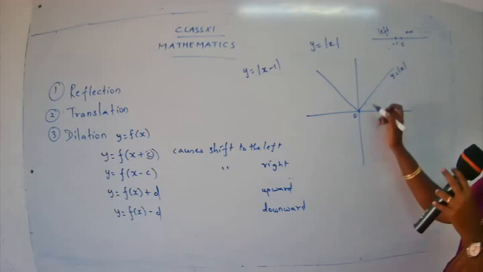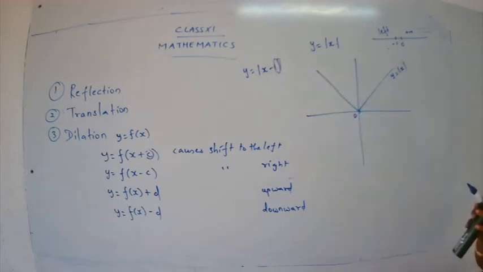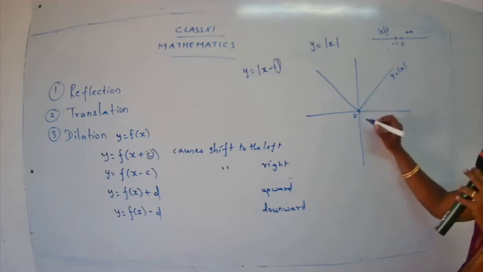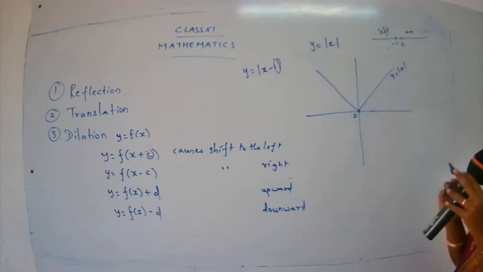Okay, for that purpose, you have to see the number. What is the number used here? It's 1. So you are going to shift how many units? You're going to shift 1 unit. Where is it going to get shifted? It is going to get shifted to the right side. That means now it starts from here. Yes, children, 0 is going to shift to this side, somewhere here, to the right.